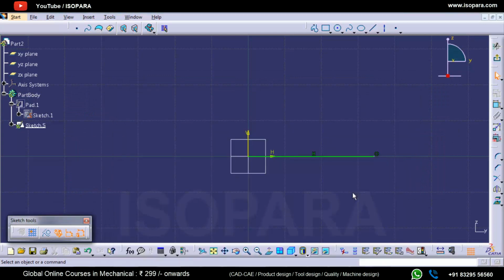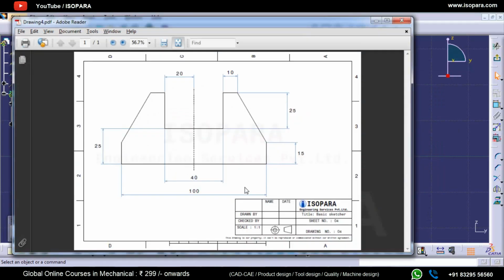If we move further, the dimension is 100 here for the first complete line.